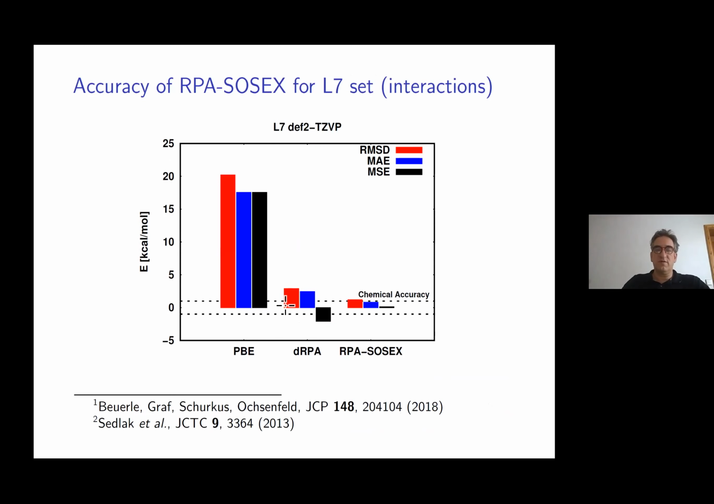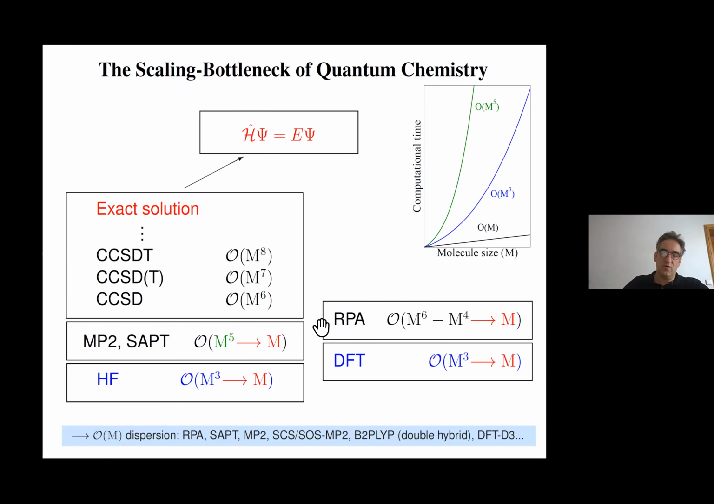Just to show you the accuracy, if we start from a typical density functional like PBE, we see the errors here plotted. This is without empirical dispersion correction. Dispersion is a big problem in standard DFT methods. And here the direct RPA reduces the errors quite considerably. And if we introduce here, for example, the screened second-order exchange part to the RPA method, then we really reach chemical accuracy. So with these developments, we have a whole zoo of methods which can be very efficiently applied to